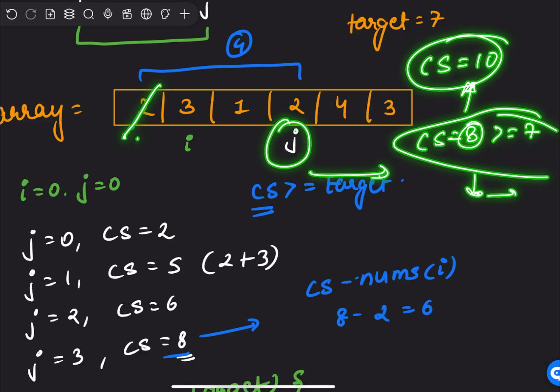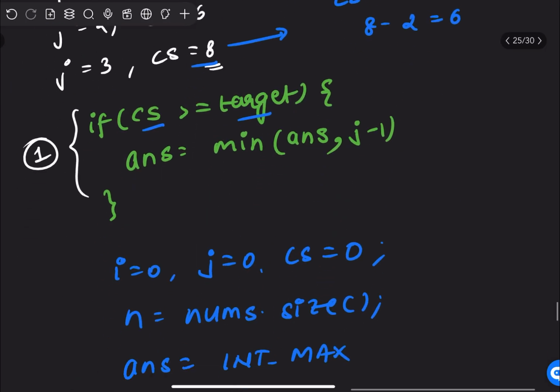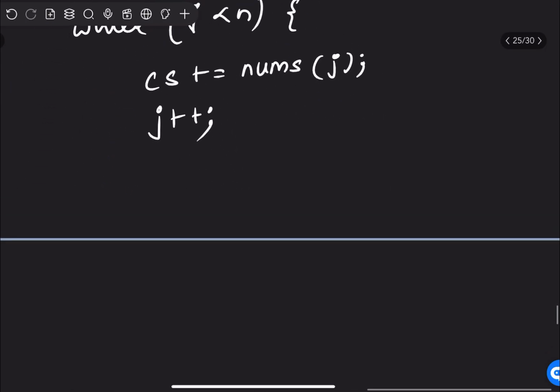So what I'll do, I'll go at this index, and I'll subtract 3 also from my current sum. That is current sum minus 3 also. That is 8 minus 3, that is 5. And since 5 is less than equals to 7, that is our condition breaks up here. So I'll increment j in this scenario. Okay. What I can say is that I can have another while loop